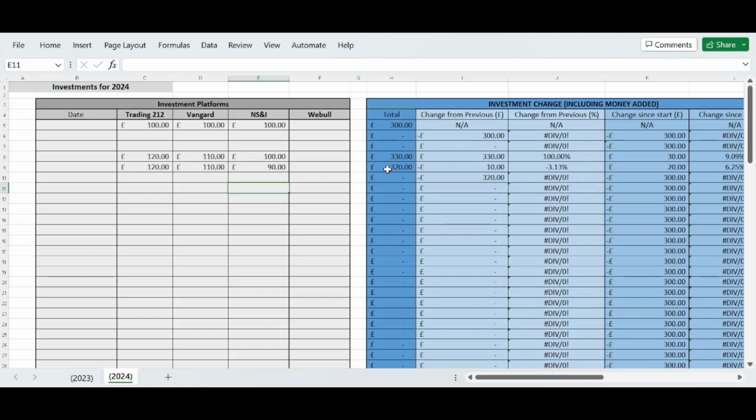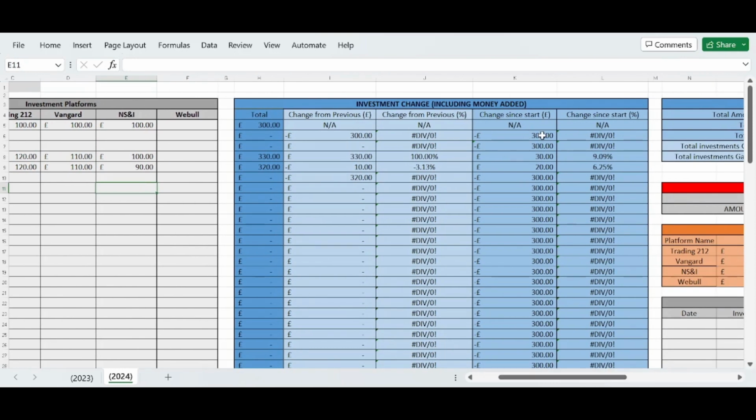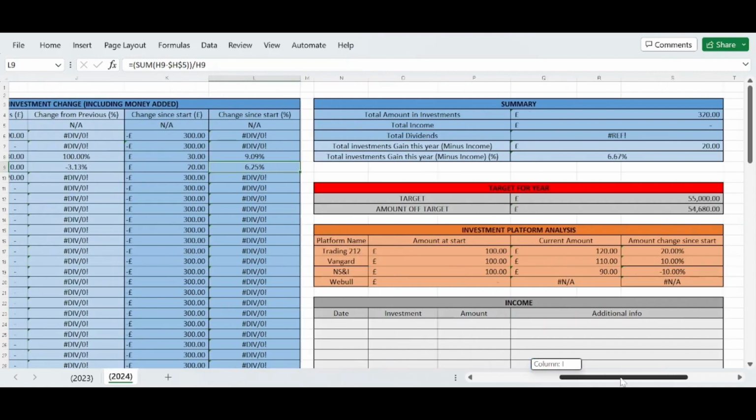to 330, and in here we're actually down £10, and it shows the percentage up or down. And then this is the change since start, so it shows that we're actually still up 6.25% from the start when I put these numbers in up here from the 300. Okay, so